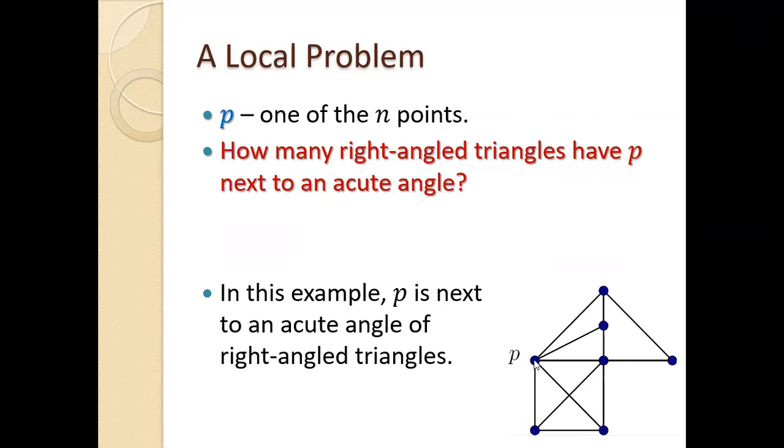So for example, let me do one example. You know what, let me give them all names. Let's call them A, B, C, D, E, F. Okay, so one triangle that I have, let me know if you don't see what I'm writing now, is PAB. It is one right angle triangle that P is a vertex of, and it's not next to the right angle. What else? Give me more. I want to see more of those.